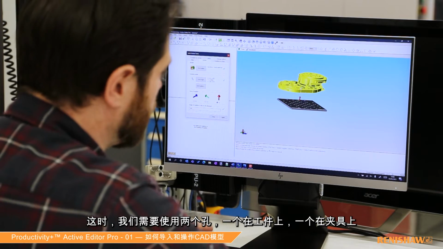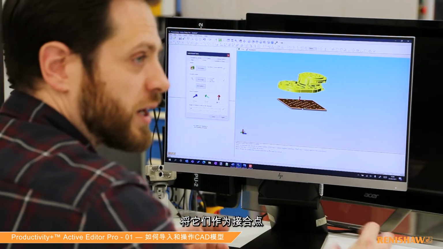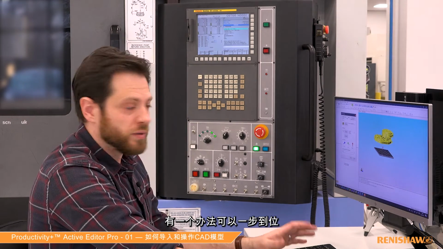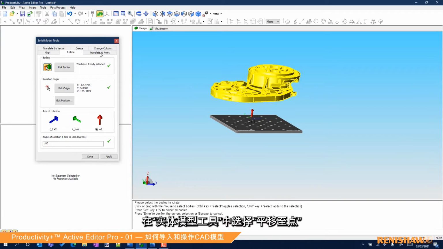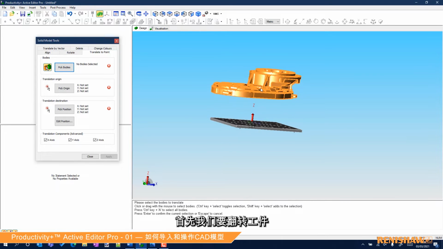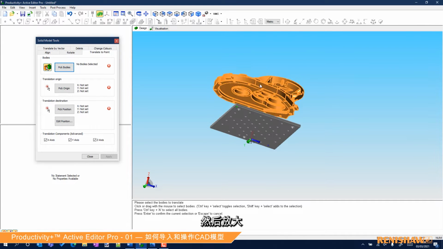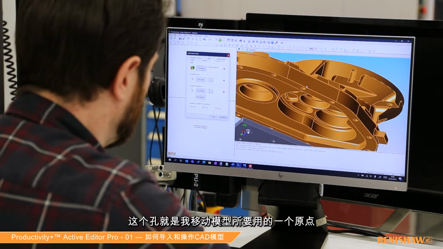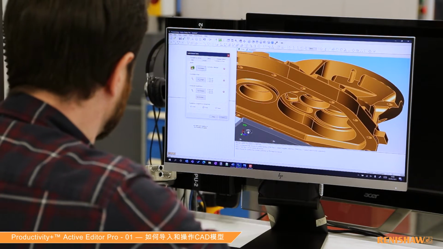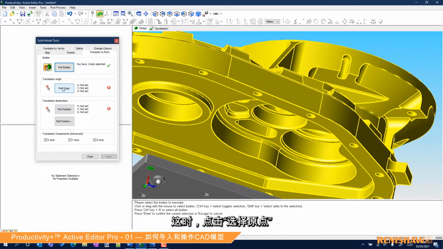Now there's two holes, one in the part and one on the fixture, that are going to actually be the mating points. So there's a way we can move that in one move. So if I select Translate to Point in our solid model tools, what we're going to do is orbit this around and zoom in, and this hole is one of the origin points of the model that I want to move. So if I choose Pick Origin and then select that hole center point,